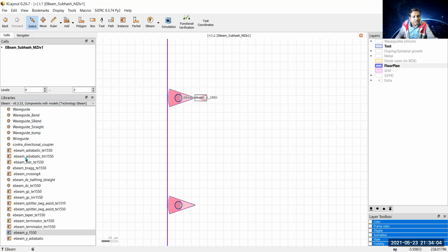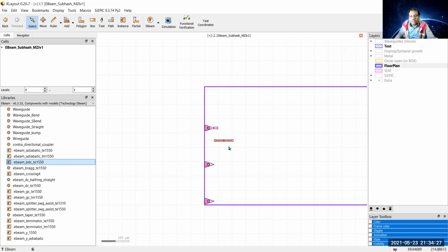So go to the library. In this eBeam library, we have the eBeam broadband directional coupler, eBeam BDC 40 E mode 1550. So select it, drag it here and click.